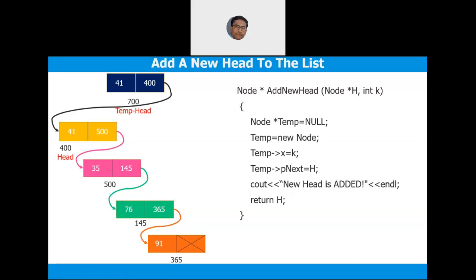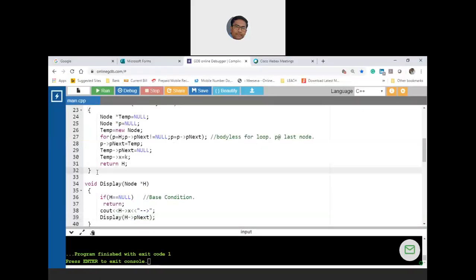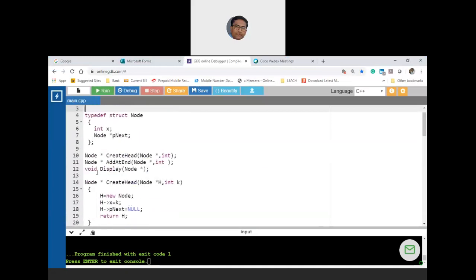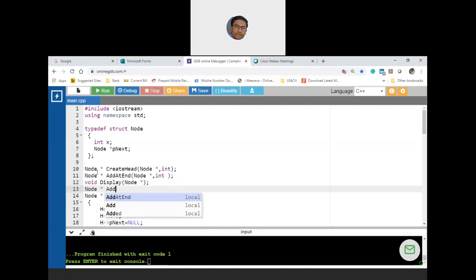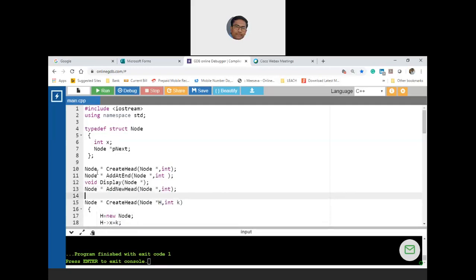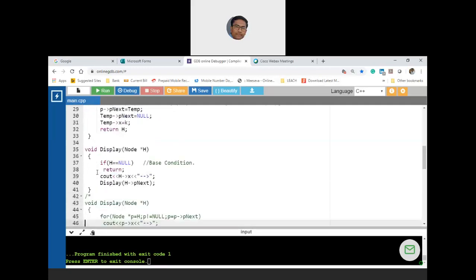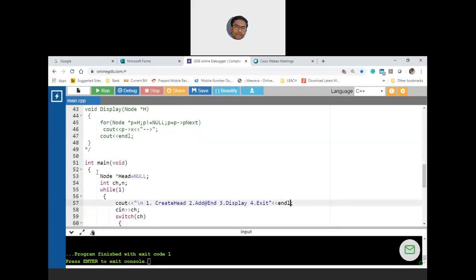Yes, sir. So what I'm doing is add a new head. I'm going to return node star, add a new head. Adding a new head is different, creating a head is different. Notice that. Node star, what you have to add, that is int. Now let me take that as option number 4. Maybe this 3 as display.